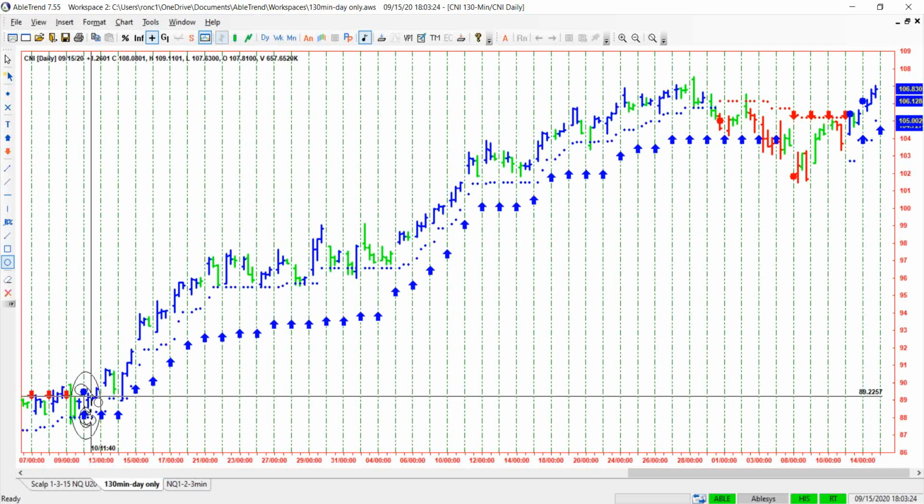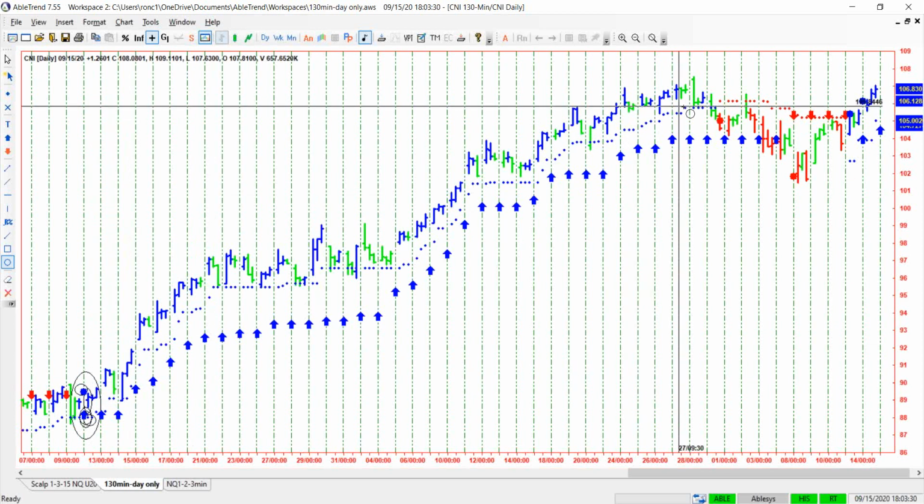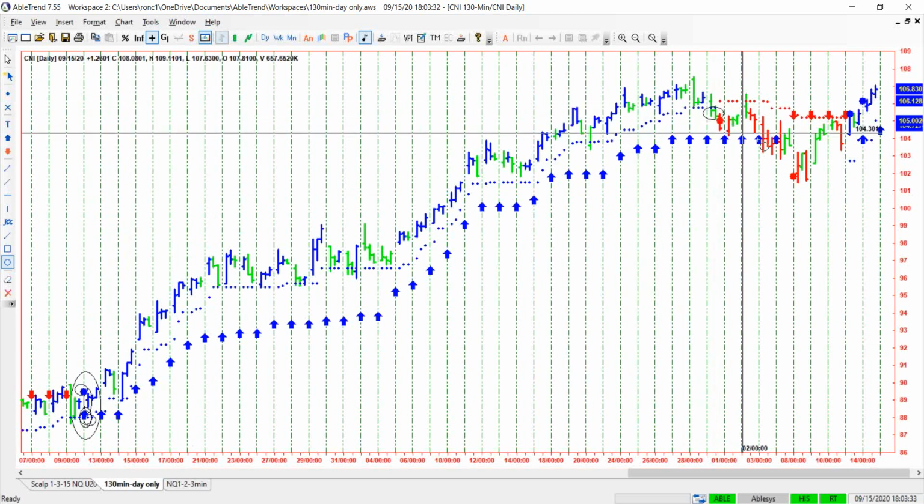That we know. But at the same time, there will be losing trades too. So I want to make that clear. So we're in at 89, and here's the first time it closes under the blue dots. And either way, you got the red bar and the red dot, which of course means a downtrend. Red and blue are completely opposites in Abletrend as far as the trend of whatever symbol you're looking at. So we're going to get out at around 106. Let's call it 105. In at 89, that's a home run,